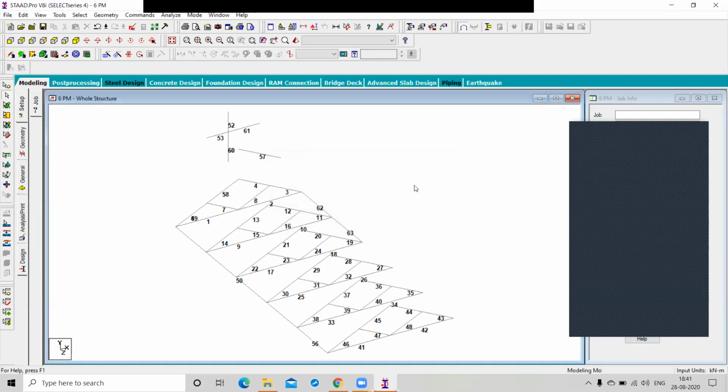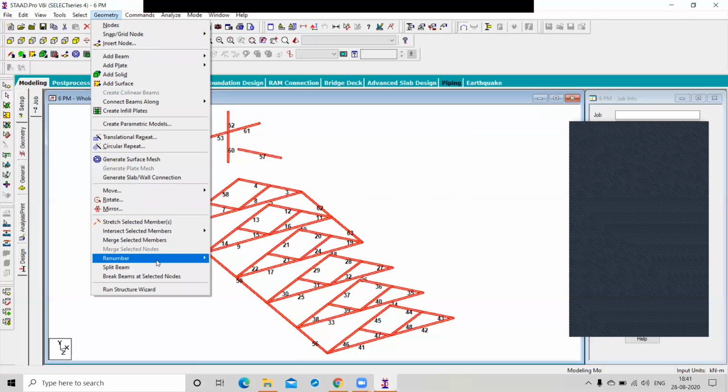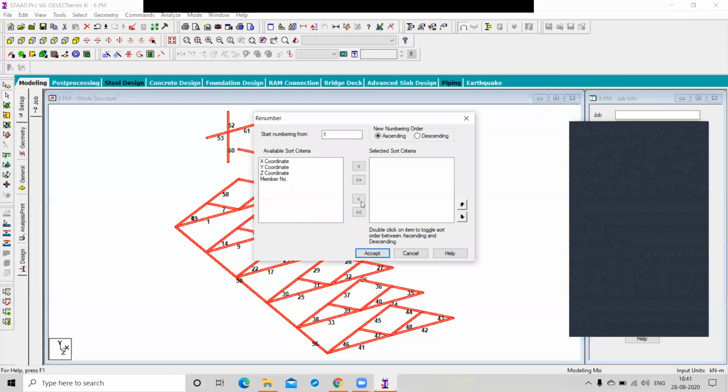So you just select all the members by Control plus A. Yes. And go to the geometry and renumber and member. So choose here the members and shift to the right side like this.